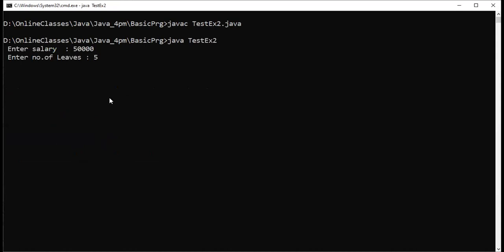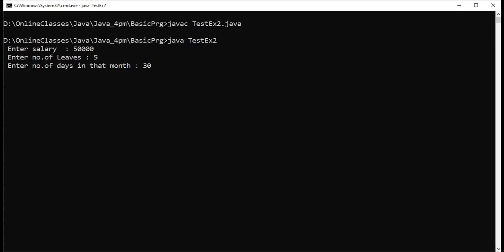What is the leaves amount if we take 5 leaves? The number of days in that month is 30 days. Now what is the leaves amount?